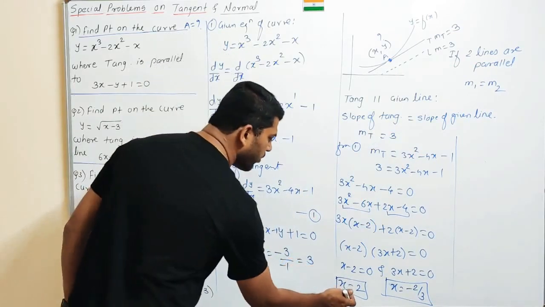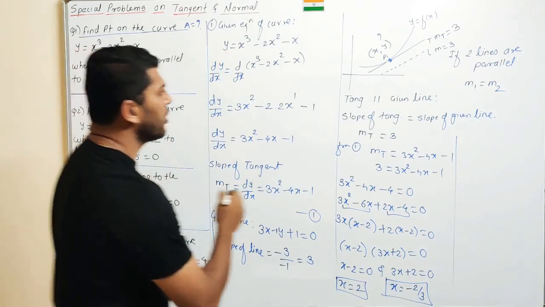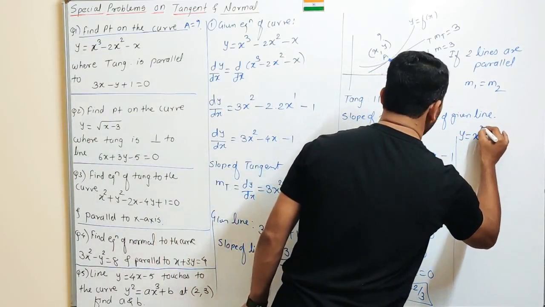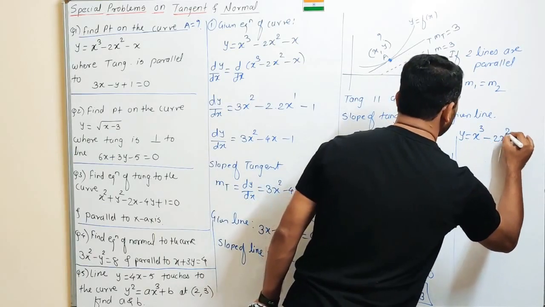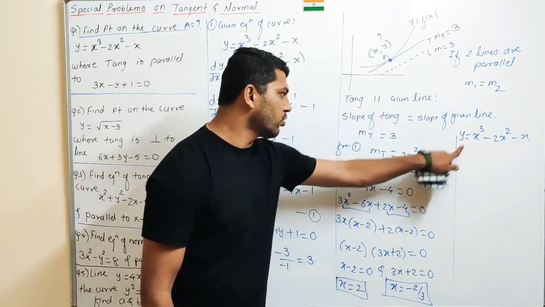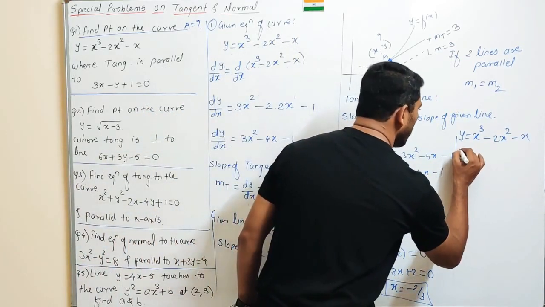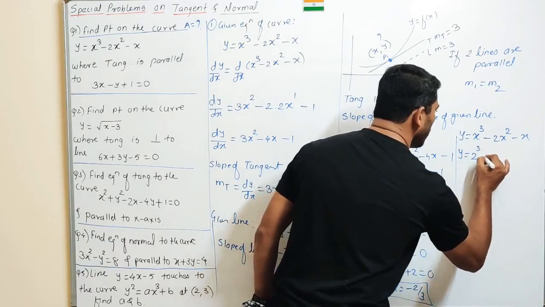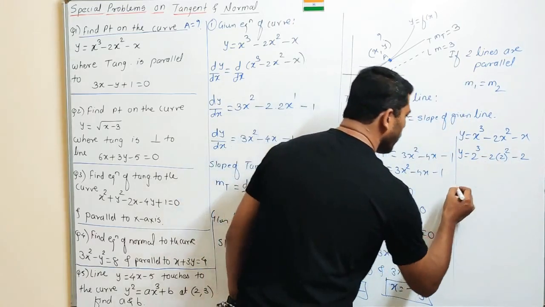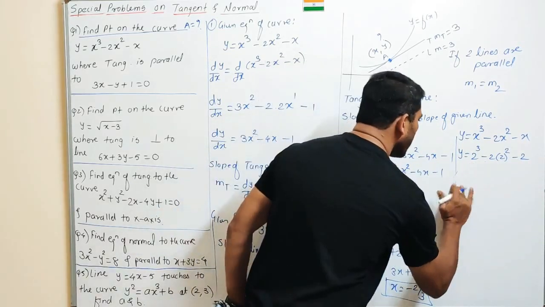Since we know the value of x, just find out the value of y by substituting over here. Here I am once again using the expression for y as x cube minus 2x square minus x, and it's my request to substitute the value of x equal to 2 and x equal to minus 2 by 3. So for x equal to 2, I am substituting 2 first, so it's 2 cube minus 2 into 2 square minus 2. Quickly find out, and also substitute x equal to minus 2 by 3 here in